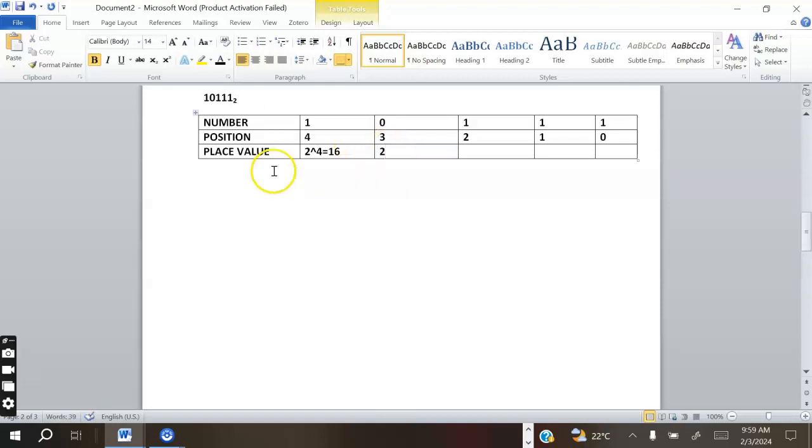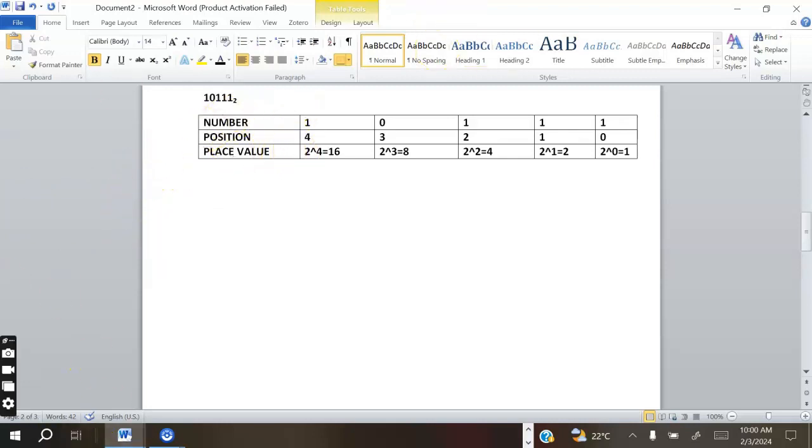2 raised to power 3 is supposed to give us 8, while 2 raised to power 2 will give us 4. 2 raised to power 1 is supposed to give us 2. And lastly, 2 raised to power 0 will give us automatically 1. Okay, having done that, we move to the next point where we multiply the place value with the